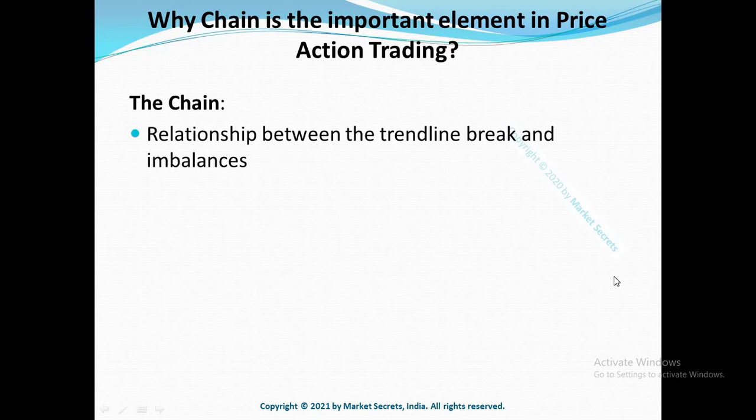There is a relationship between a trend line break connecting the last two impulses and when an imbalance is created. We'll be referring to this relationship as a chain from now on. This chain connects both core concepts and provides us with a very objective methodology to locate potentially tradable imbalances on any price chart and time frame. In the following examples, you will see how this chain is formed. These rules apply to any market and time frame. These two core concepts will provide us with the mechanical rules to locate potential imbalances to lean on in our trading.